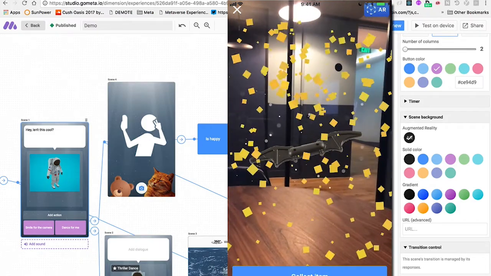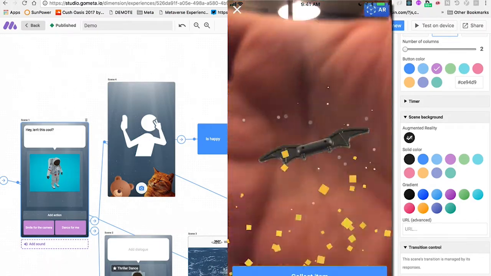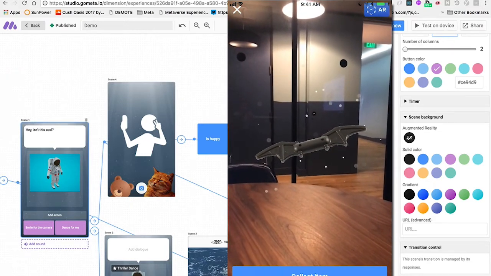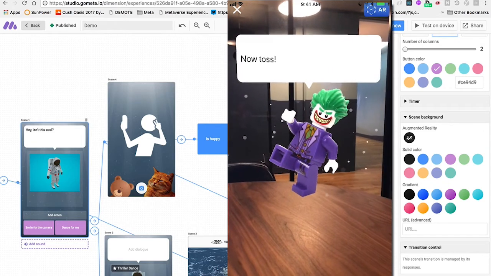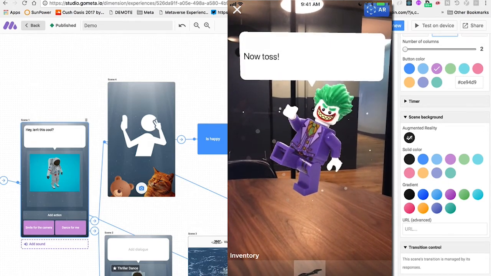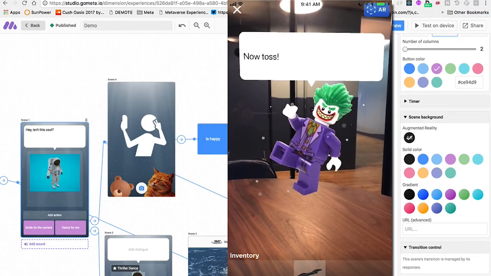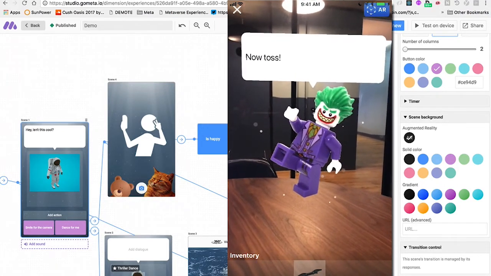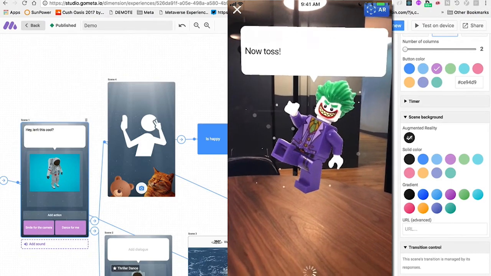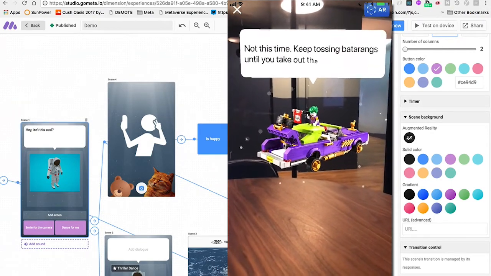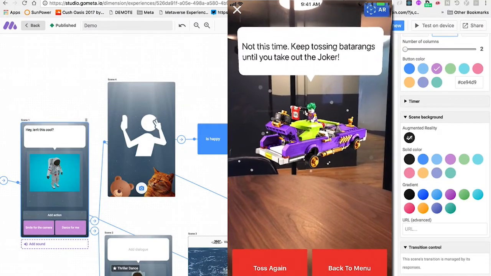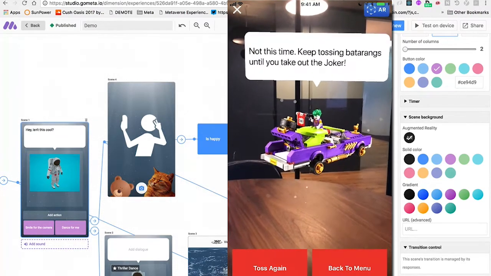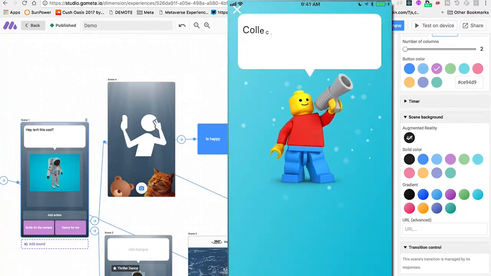It uses a give item scene. I'm going to put my hand in front of it just so you can see it better. And it gives me this digital object. This one's called a batarang. And I'm going to say collect item. Now it says now toss it. And you see at the bottom there, I've got my inventory. And so I can use my finger just like tossing a Pokeball at the Pokemon. I can use my finger to flick this at the Joker. And then it uses a probability block to test whether I hit it or not. This time I didn't. And so I can try again or go back to the main menu. I'm going to go back to the main menu.